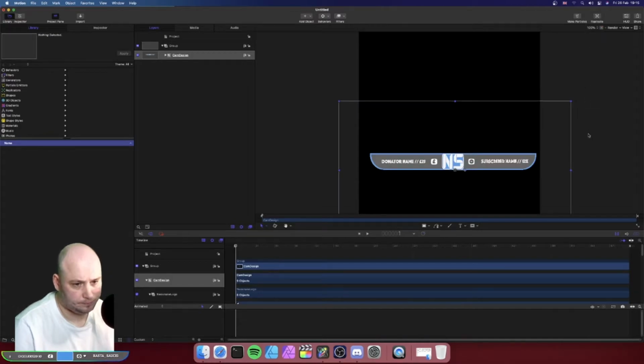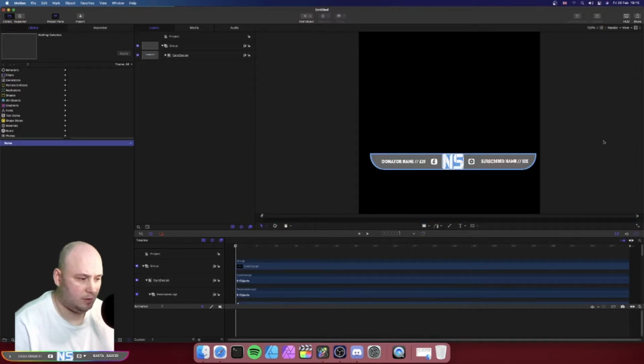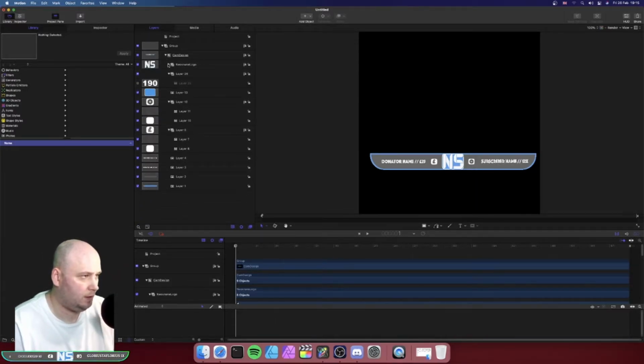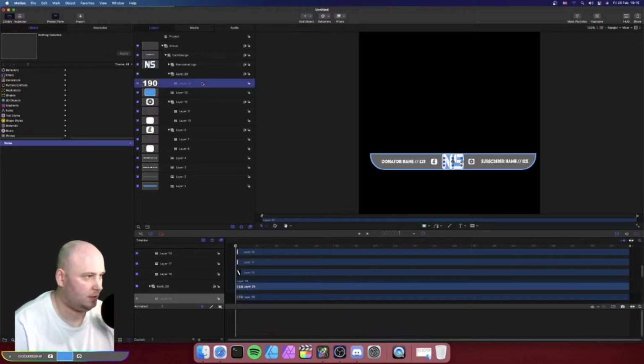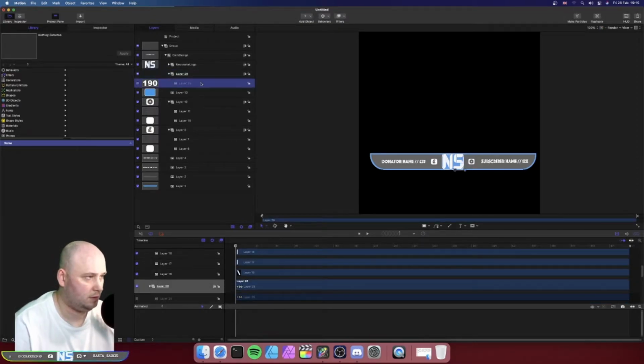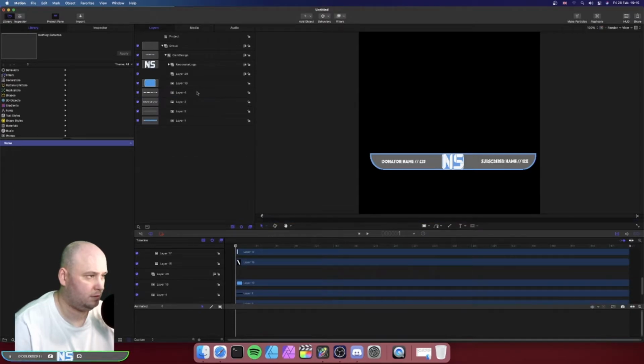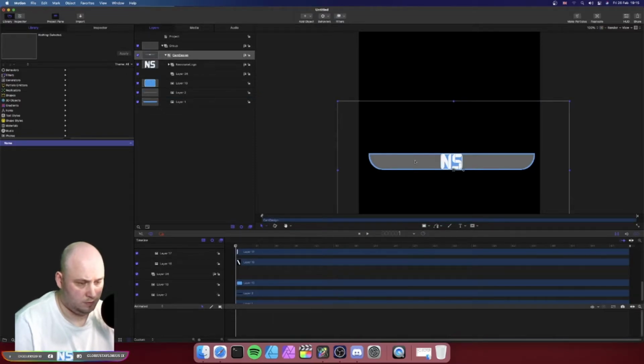So now you're in Apple Motion, you have your image, you have your layers on the side here as well. I need to get rid of a couple layers a sec, which were not worth me having. So what we'll do from here